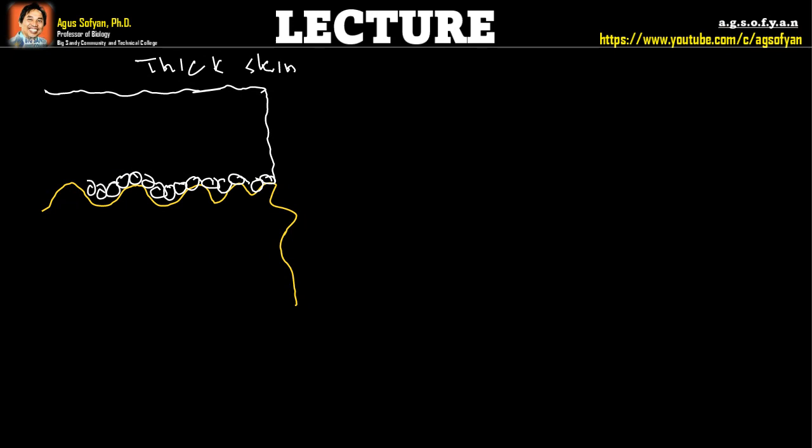Okay, so the first layer over here is called the stratum basale. Okay, so stratum basale. In this stratum basale, it mostly consists of stem cells